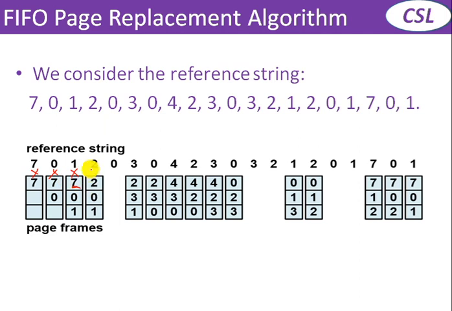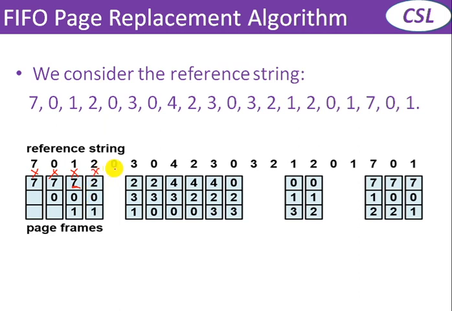So this is also one miss, because the requested 2 is not there in the memory. It is also a miss, a page fault. So here we choose the earliest page 7, remove that 7 and fill in the 2. Now we have 2, 0, 1 pages available in the memory.